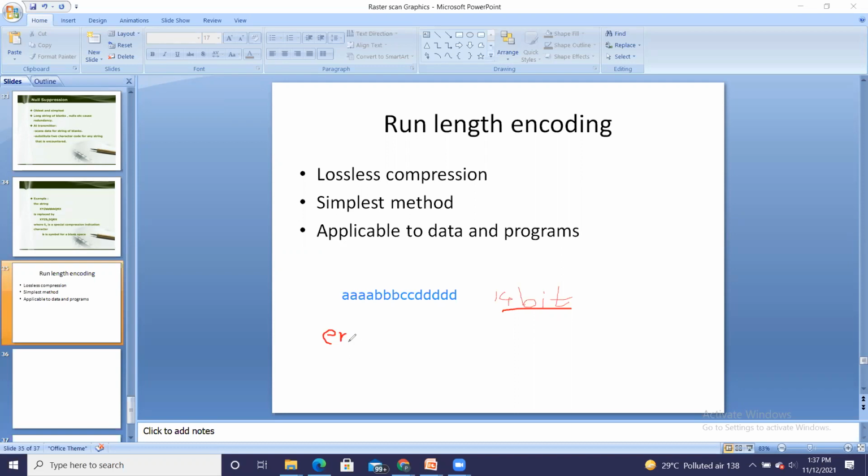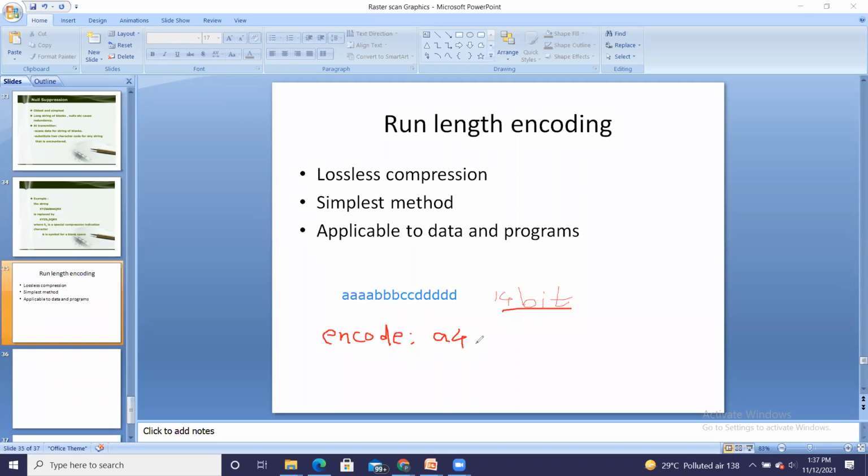So I will be having the encoding. Whenever I encode this string, what is the output I will get? On this encode I will get the number of A's. So I will write A. The number of A's is 4, so I will write 4 over here.